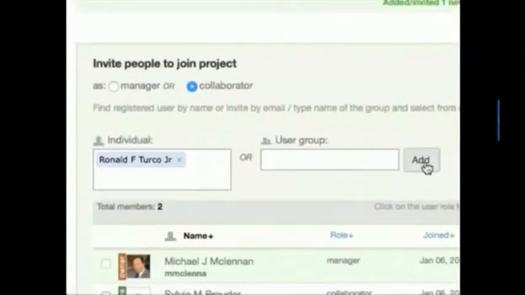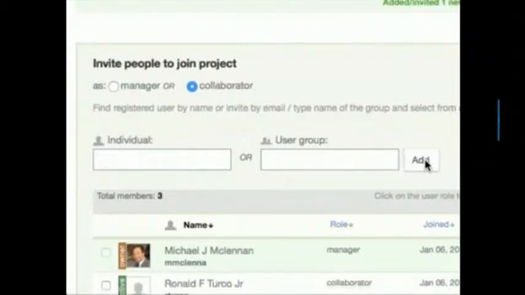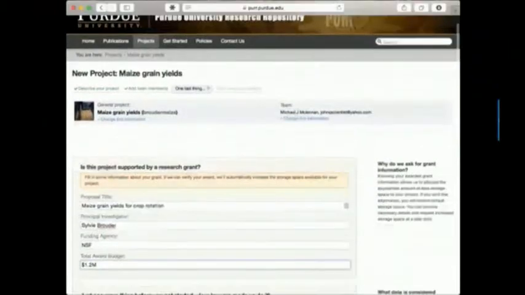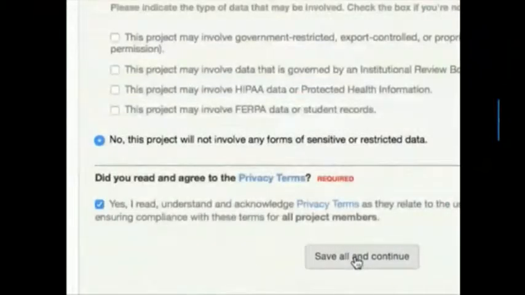Now that's what we're doing here. We're adding people onto the project team, inviting them in. And if you start typing someone's name, it brings it up, but you can also just put in their email address, and it'll send out an email invitation and invite them in to the hub. So all right, now I've got my team, a few people added in. I can always add more later. I click Save and Continue. One more thing that PUR does in particular, it asks for information about the project that the sponsored program office can use to make sure that people are actually following their data management plan. So this ties into our university administration.